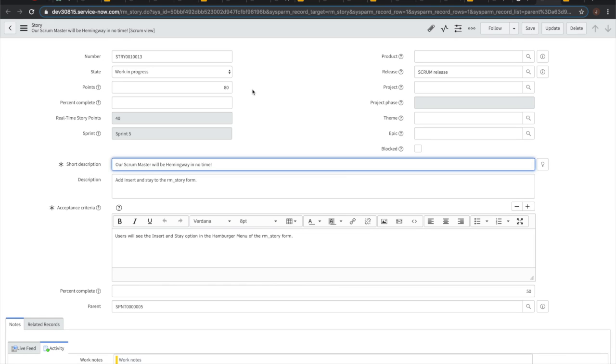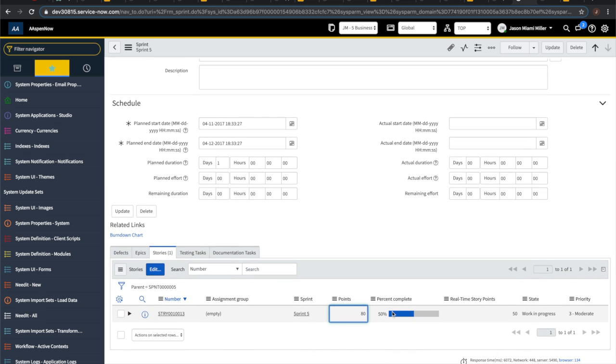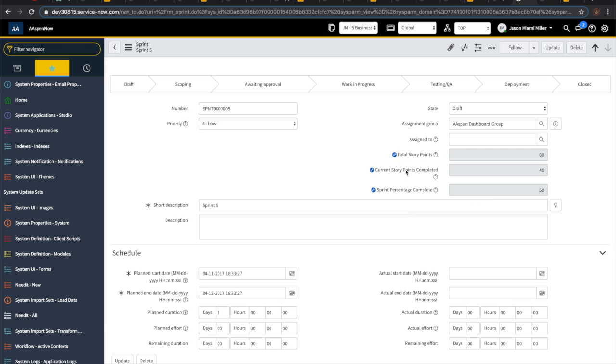But there's no way in the middle of this story, if it's a bigger story and it's going to take you like a week to do it, but the Scrum Master is getting kind of worried because you're getting towards the end of the sprint. They want to know what kind of percentage, in real time, you are towards completing the story. So basically the issue was they want a real-time number on the amount of points or percentage complete,